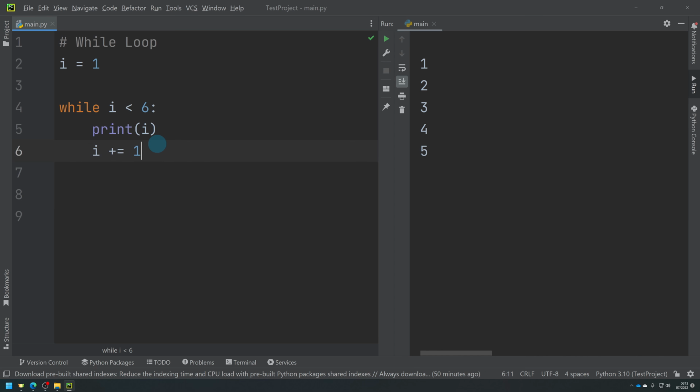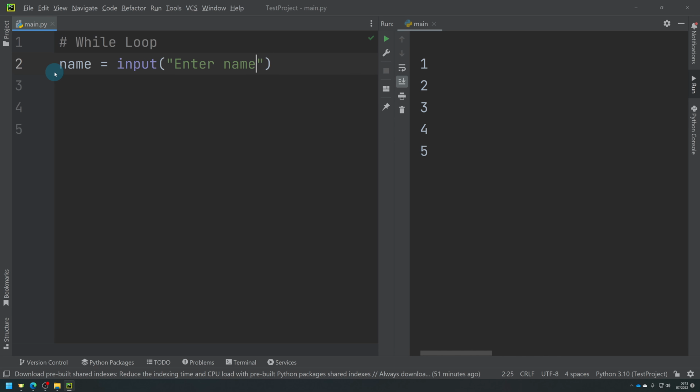I see a lot of students make logic errors in their while loop and then wonder why their code's not working properly. It's always a logic error where technically the code's doing what you've asked it to, but you've probably misunderstood the argument or you forget to increment. Like the example in the past, I've seen people go like this: name equals input, enter name. And then they go while name is equal to blank. It's all looking fine. And then you do print,